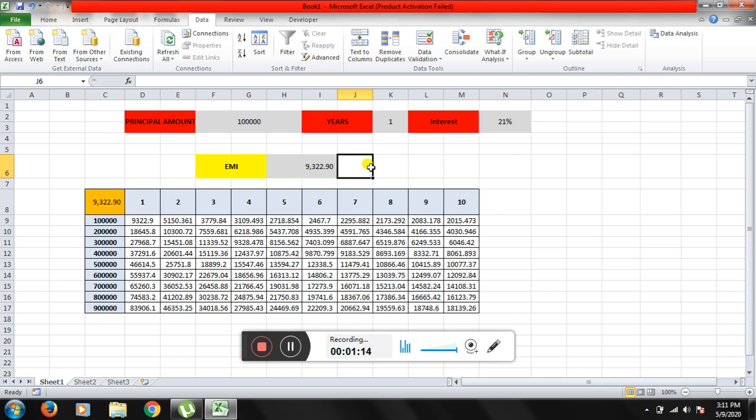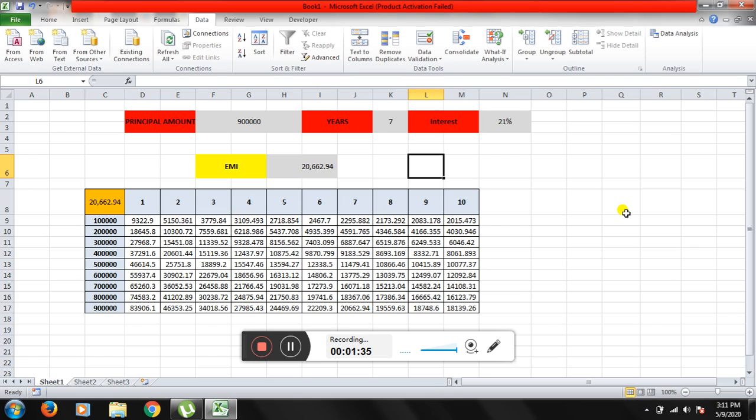Likewise, if I want to know, if I'm taking a loan of 9 lakh rupees for, suppose, 7 years, how will it calculate? 9 lakh rupees for 7 years, for example. My monthly EMI would be 20,062.94.